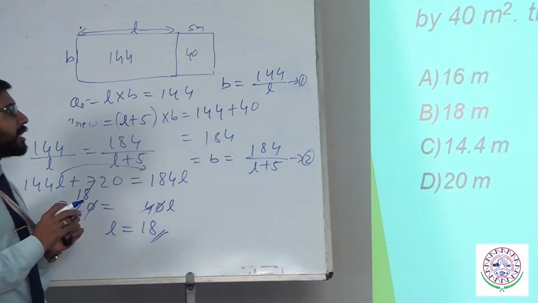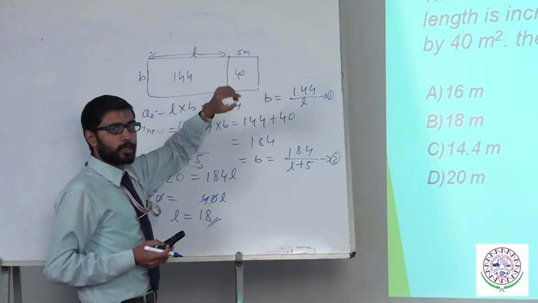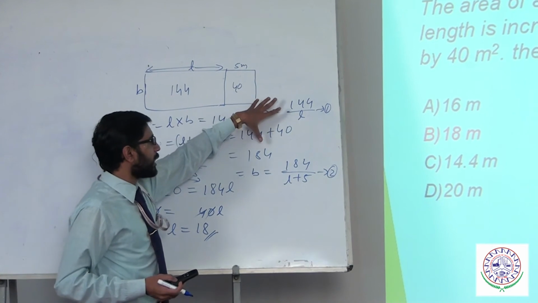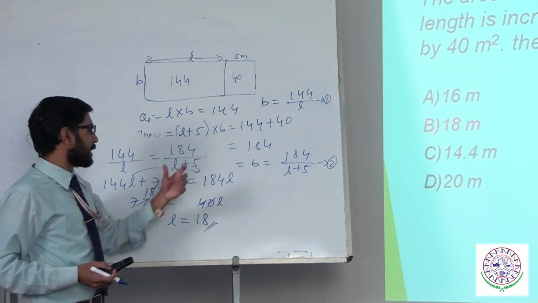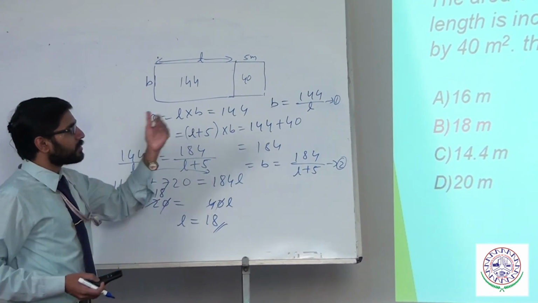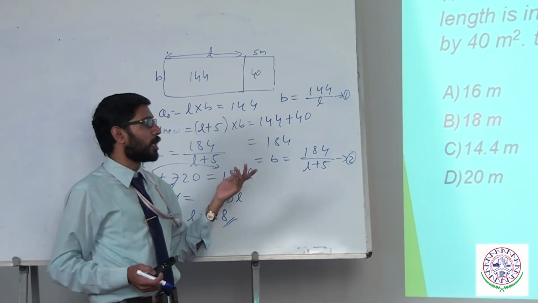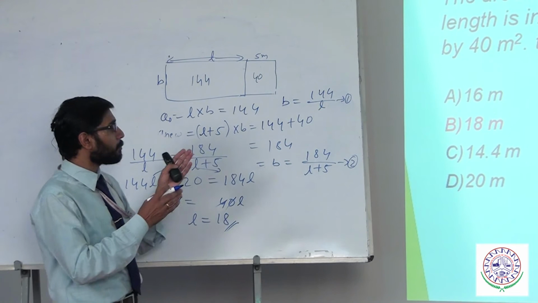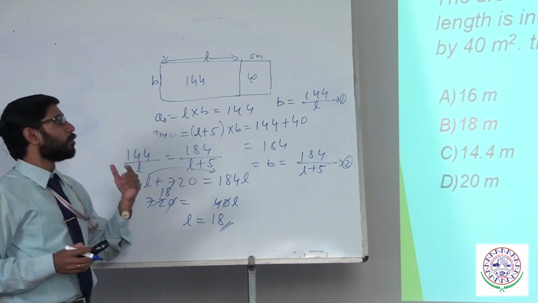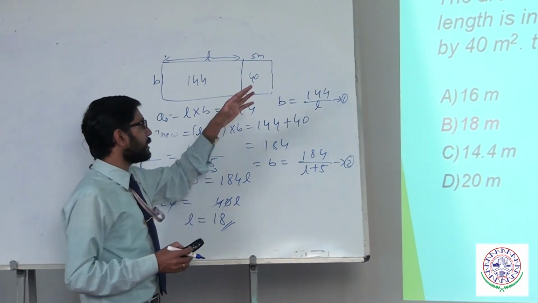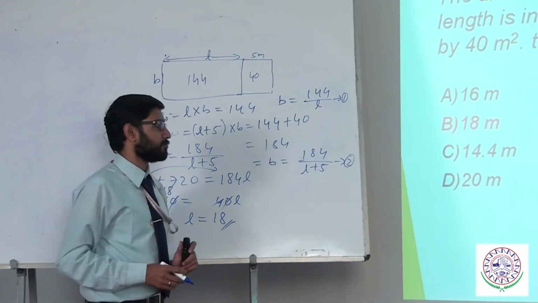In a similar kind of problem, they may also give that breadth is increased, and ask how to calculate L. In such a situation, you need to formulate it for the length and substitute the values into these two equations, and you can get the value for the breadth. Similar questions can be asked with respect to the area of a square or area of a triangle and so on. So you have to remember all the formulas for all the different objects like square, rectangle, triangle and so on, cone. All these you need to remember. So the answer for this question is 18 meters, that is the length.